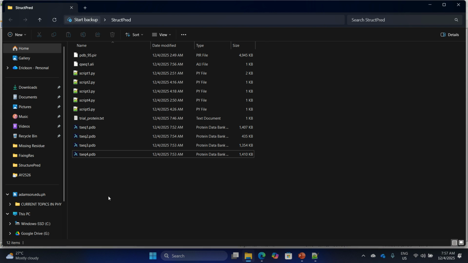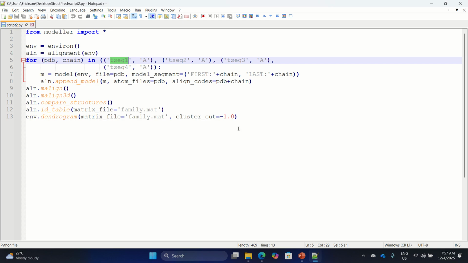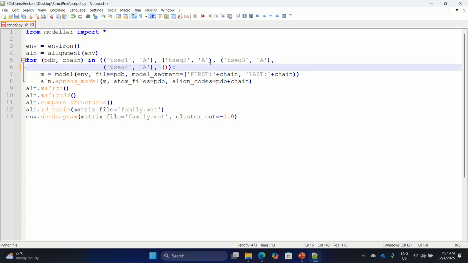If you have more sequences that you want to investigate, just add them here. How can you add more? You just add a comma and then follow the same pattern: tsec5, etc. And add a comma again if you want to add more.